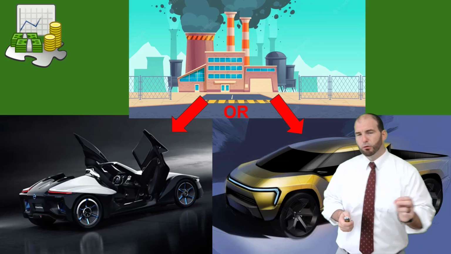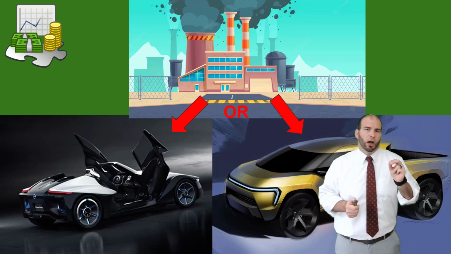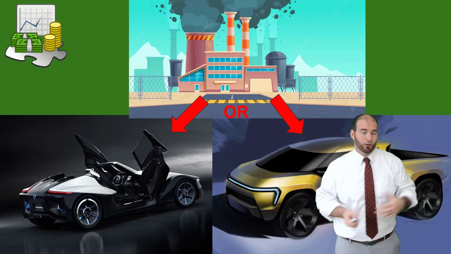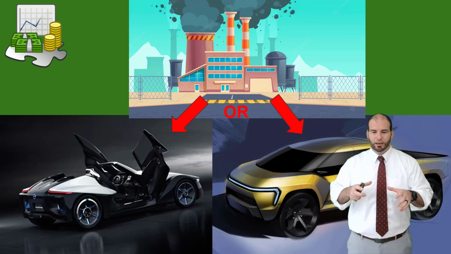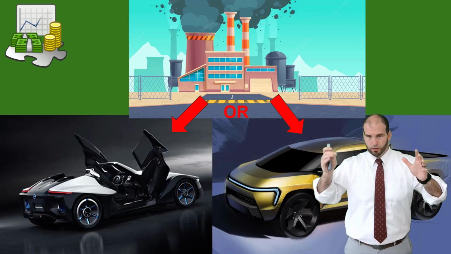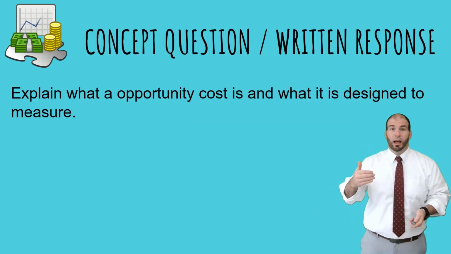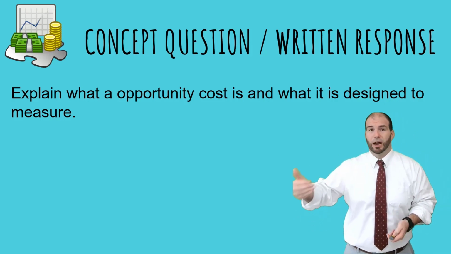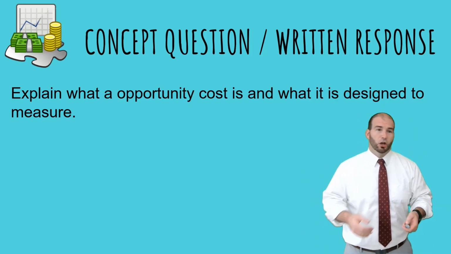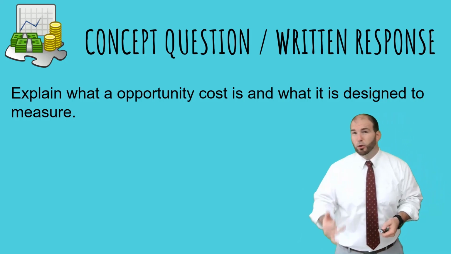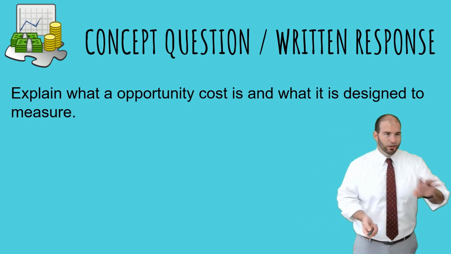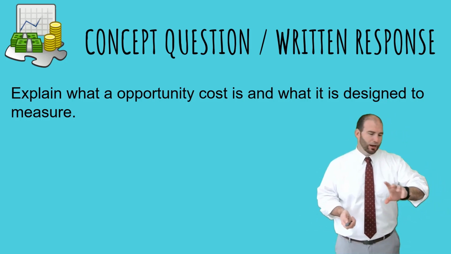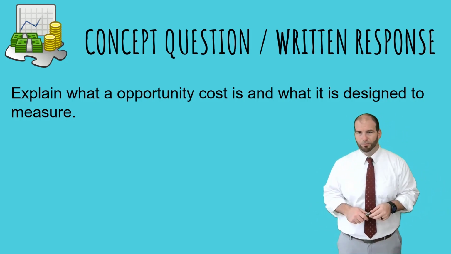The opportunity cost is really designed to measure the investments that you're willing to make, whether it's the cheeseburger, the pizza, whether it's which one you're picking. It basically is designed to evaluate the different investments and the possible interactions and decisions that you could have made. So the question here is: explain what an opportunity cost is and what it is designed to measure. So just got done talking about that. So pause me, answer that completely, and we're moving on.